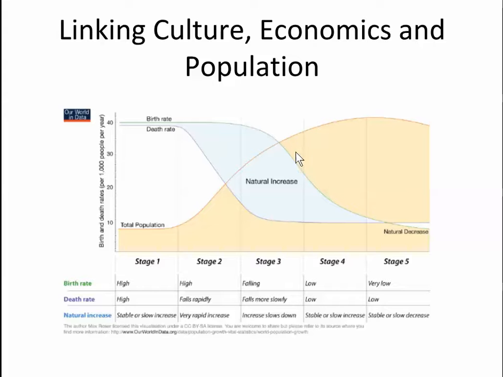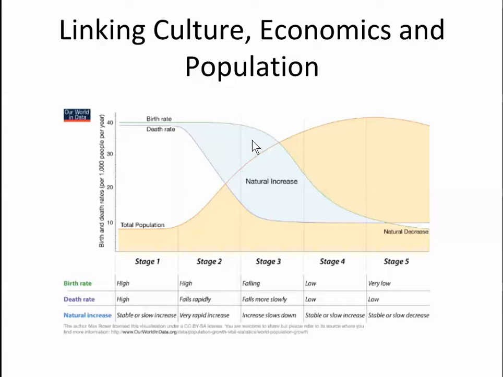Still going to grow until in stage four, towards the end, births continue down, and eventually they get back to a point where births and deaths again are equal. Our population is at a new higher level, but it stays at that level. Now there is, at least in what we're beginning to see, especially in Western Europe, a stage 5 where birth rates actually decrease below replacement level, and that's where we begin to see population decline. So again, the demographic transition has 5 stages.